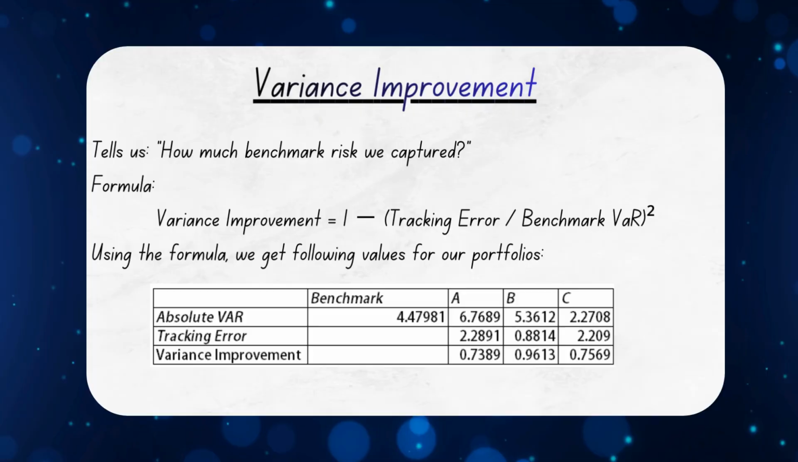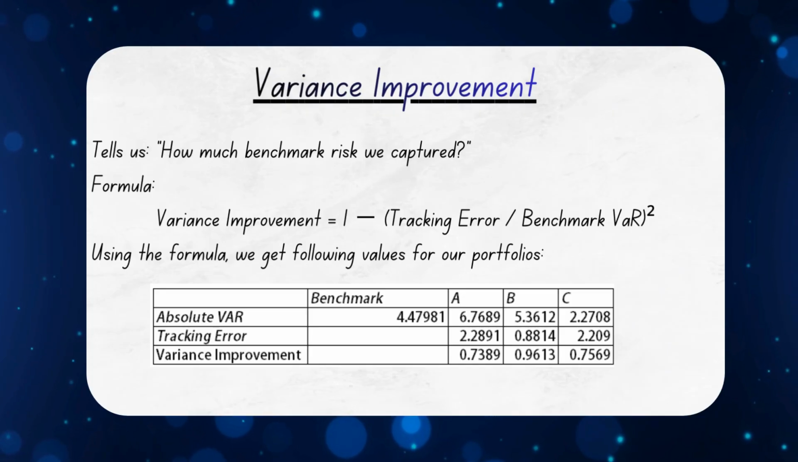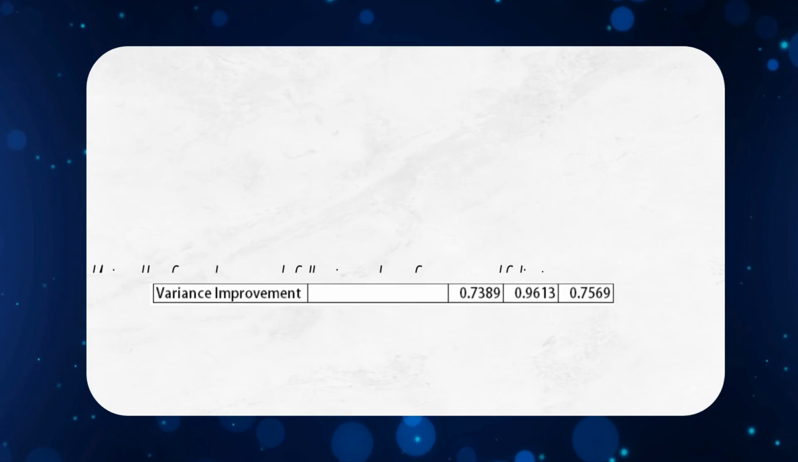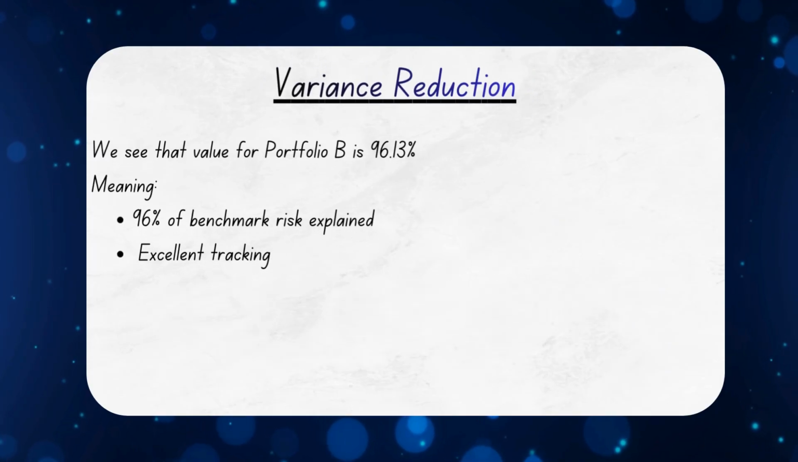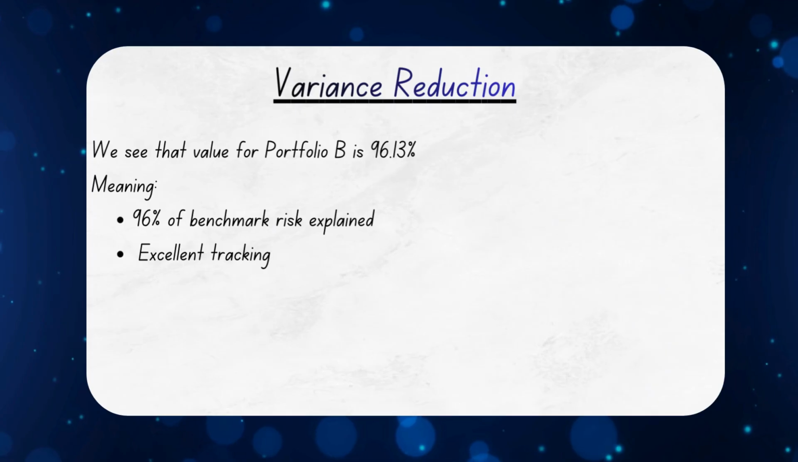Now we measure something even more intuitive. Variance improvement. This tells us how much of the benchmark's risk we successfully captured. Using the formula 1 minus tracking error divided by benchmark VaR squared, we calculate the values and get 0.7389 for A, 0.9613 for B, and 0.7569 for C. Look at portfolio B, its value is 96.13%. That means it explains about 96% of the benchmark's risk, so most of the movements match the benchmark, which indicates